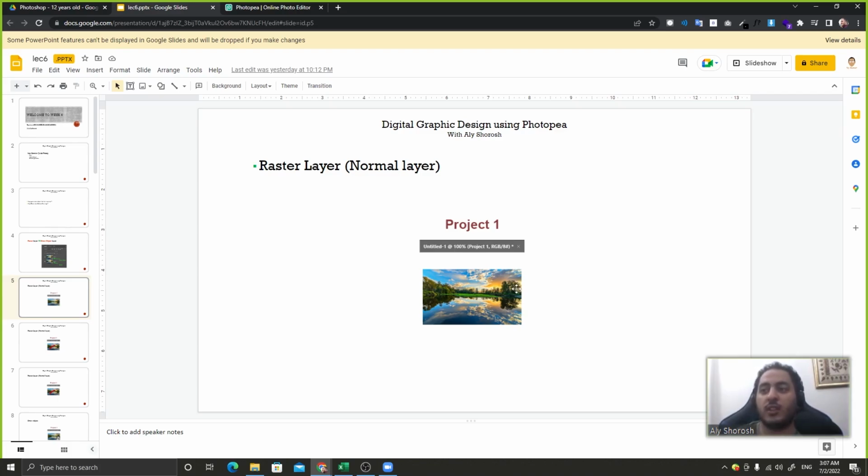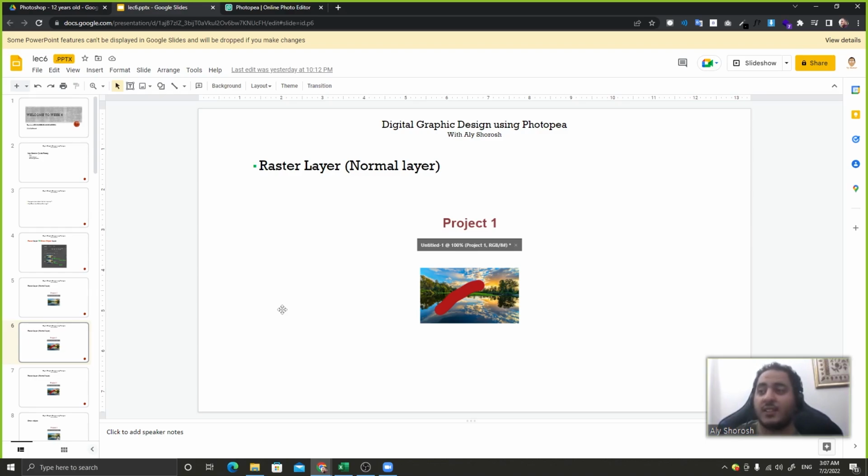Our project will have a document which has the final image and some layers. The raster layer, or the normal layer like this in our project, is a photo or anything. If I want to make any edit on it, any effect or adjustment, like for example making a brush stroke on it, I can do it easily, and it will